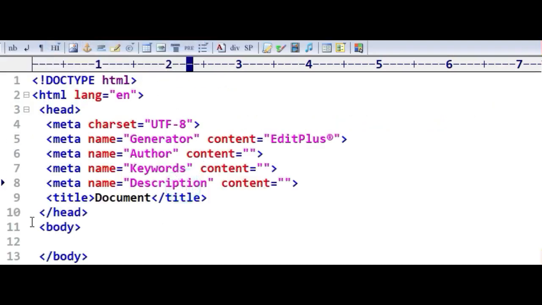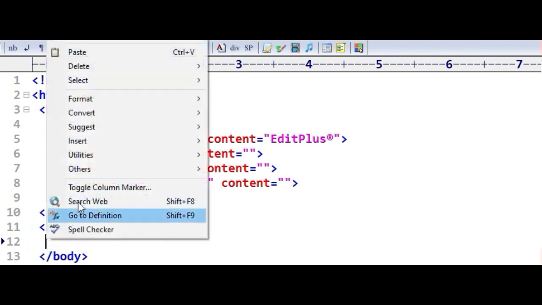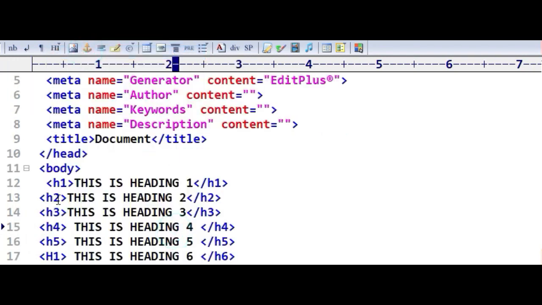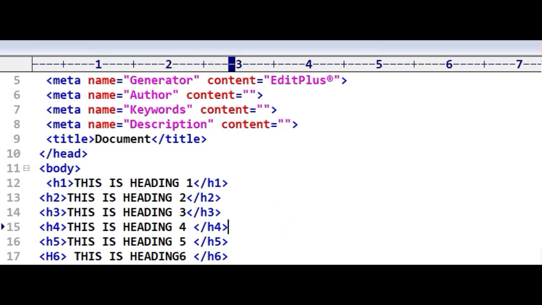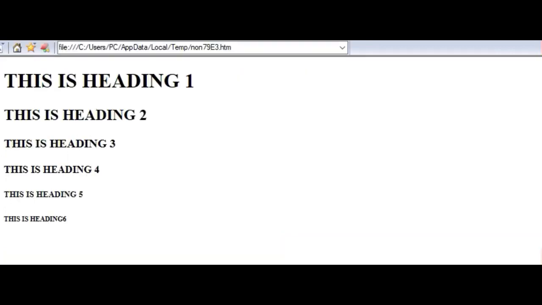We are going to write many headings inside the body. So heading 1, heading 2, heading 3 is introduced here, heading 5, heading 6 is introduced here. So what happens when we run this? We can see different headings.